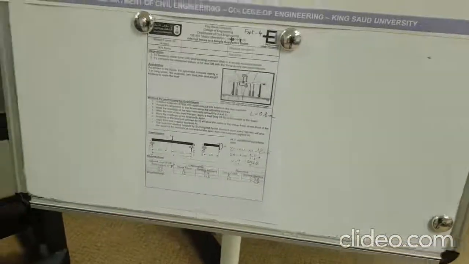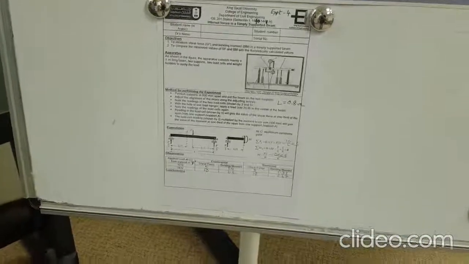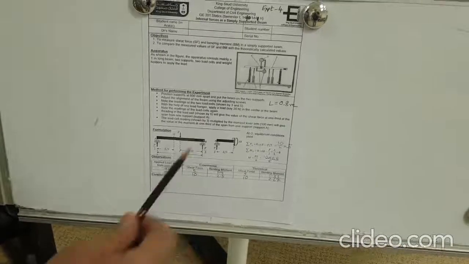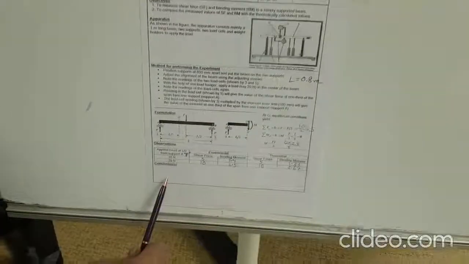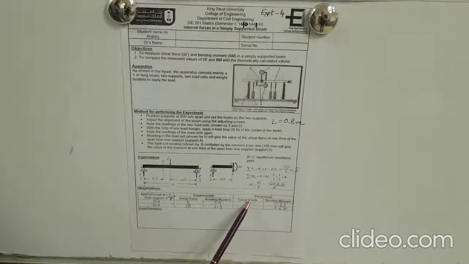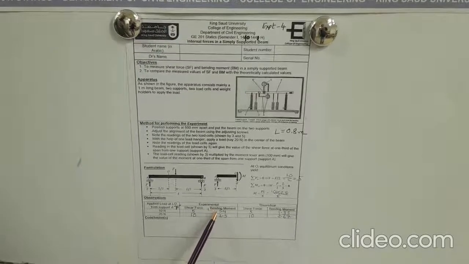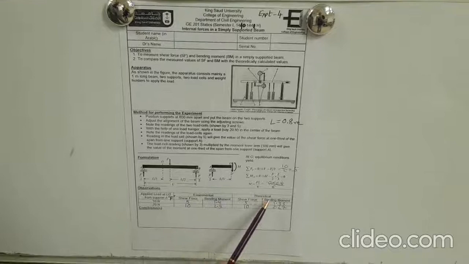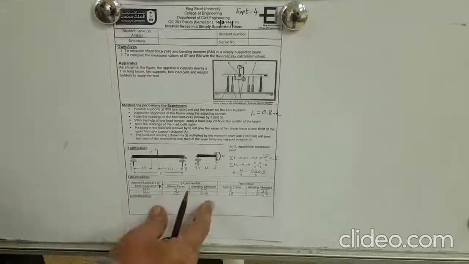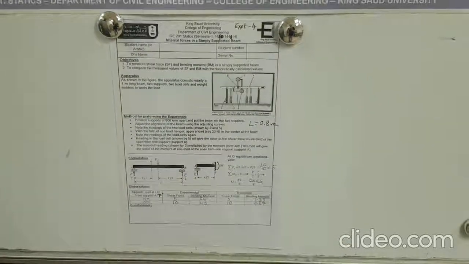Now you have to write the conclusion, whether you find it a marginal difference or small difference. Whatever you find, you write. You can write one conclusion. Your conclusion should be that the experimental shear force is equal to the theoretical shear force, whereas the experimental bending moment and theoretical bending moment have got a little difference. You write it over here. I need to see the calculations, and this will complete your experiment number 4.